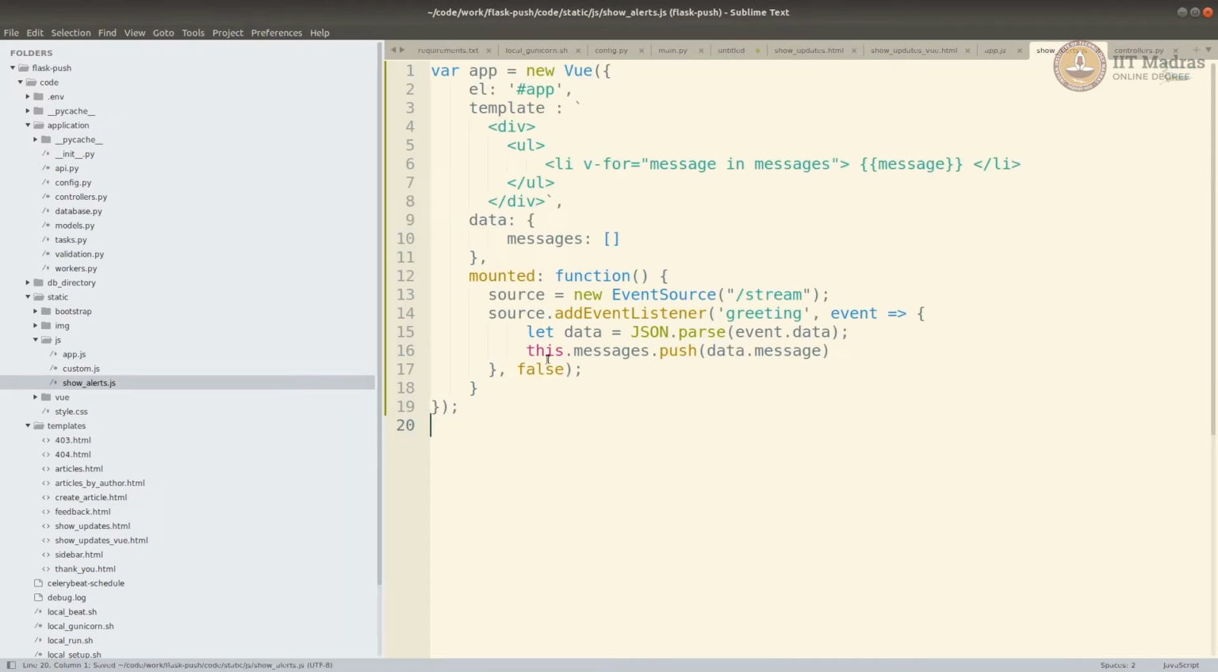It's pretty straightforward. You have an app with the div app. The template has a div and it goes through a list, printing all the messages in the list. Now where does the list come from? List comes from data. Now where does the data come from? Data comes from our event source. I'm going to define the event source in our mounted function, and I'm going to add a listener to it. Whenever there's a greeting, I'm going to parse the data. I'm going to take the message out of this data and put this message into this array, and hence this should get updated, right? So let's go back to our template